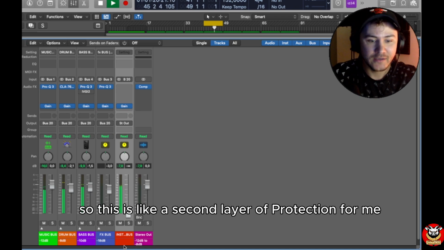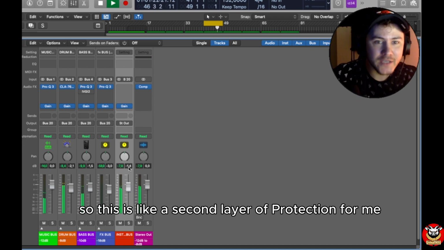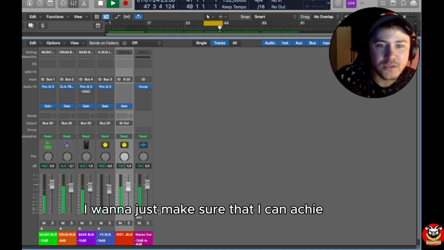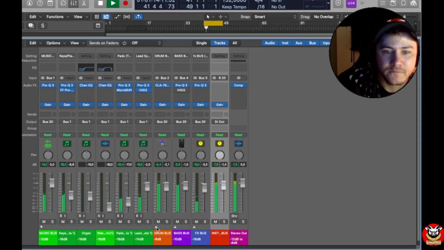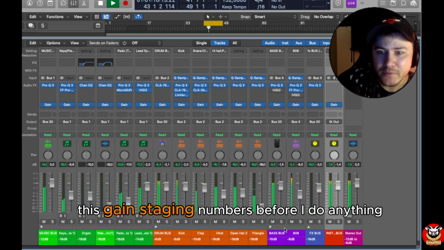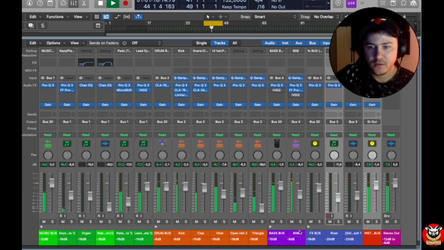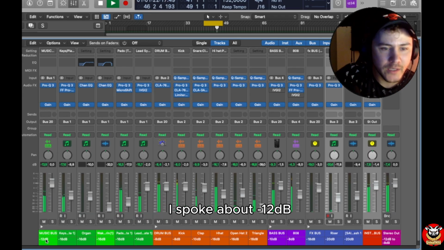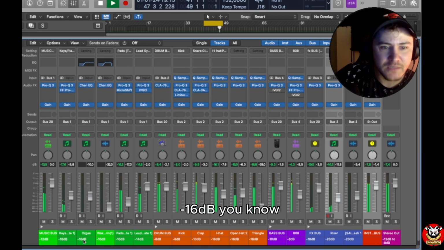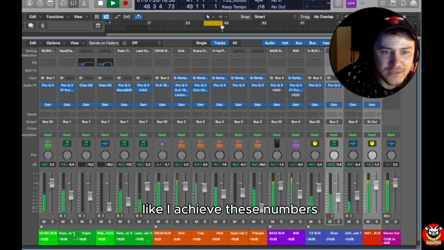So this is like a second layer of protection for me again. That's all I want to do. I want to just make sure that I can achieve this gain staging numbers before I do anything. Okay, so in my previous video I spoke about negative 12 dB, negative 16 dB, you know, like I achieve these numbers